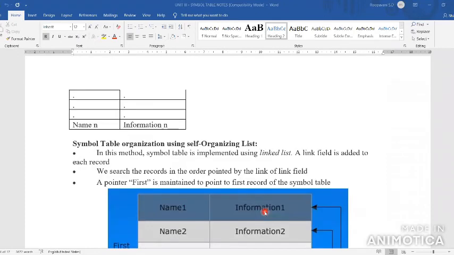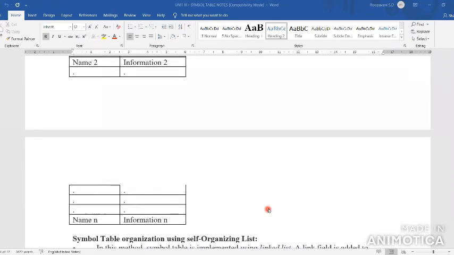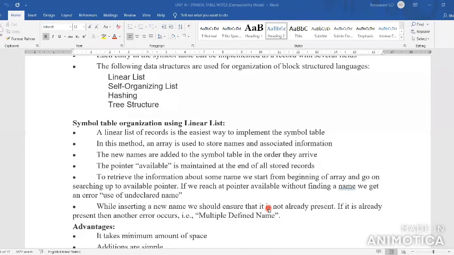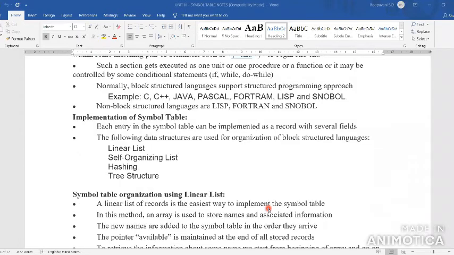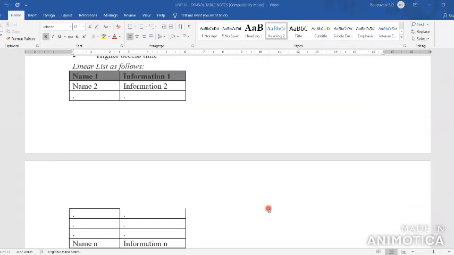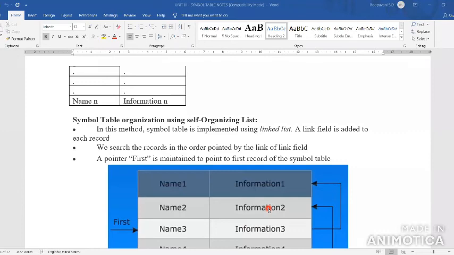Okay. What about the second implementation of the symbol table? Self-organizing list. The self-organizing list is nothing but a linked list. The symbol table is maintained using a self-organizing list, which is nothing but a linked list.